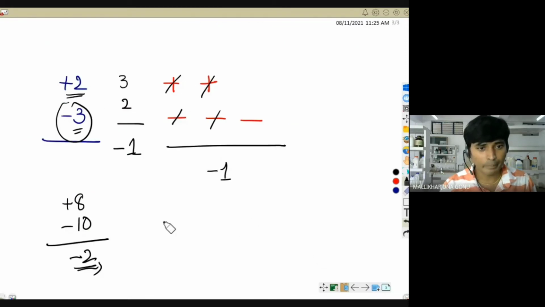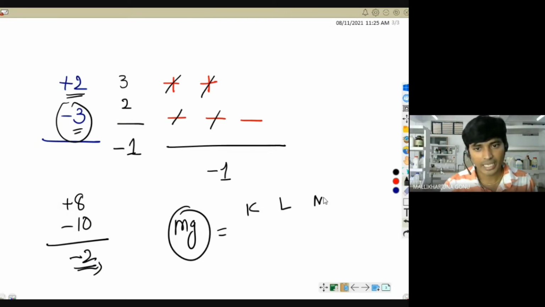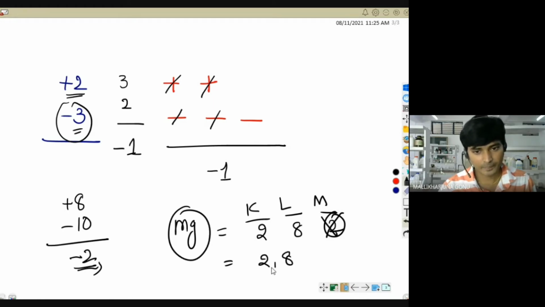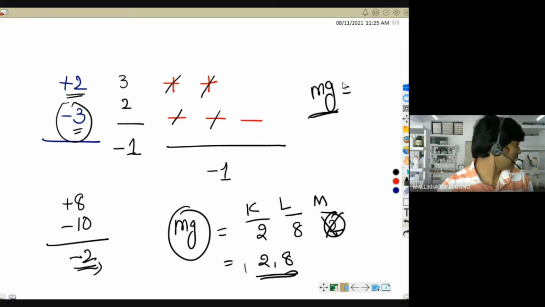Okay. What now? Magnesium. Magnesium, what it has done? Magnesium has lost the M shell, as in K, L, M. So 2, 8, 2 initially. But that last 2 electrons are lost. Now at the end it is having 2, 8. Okay. So now what is the charge magnesium is having? All of you calculate and tell me quickly, and raise the hand after the completion.